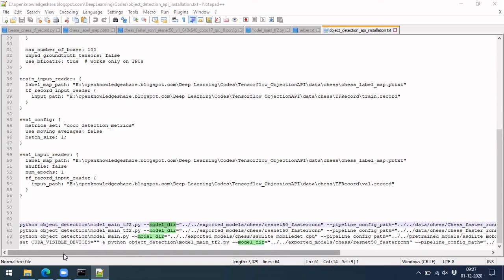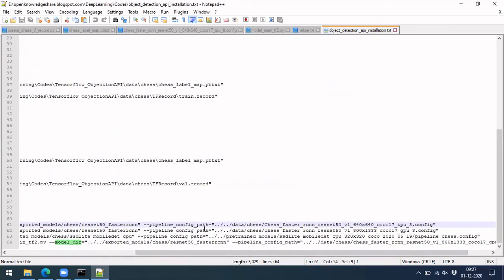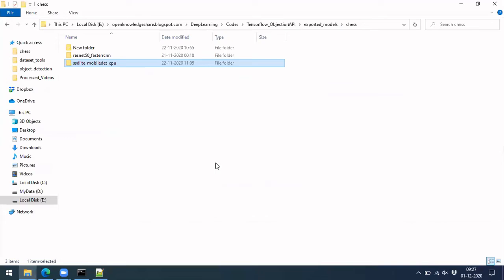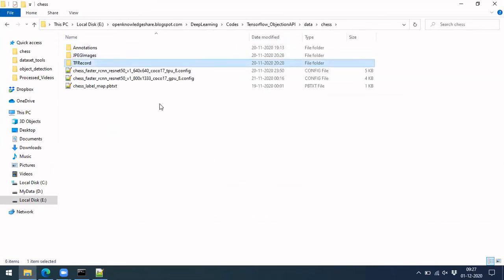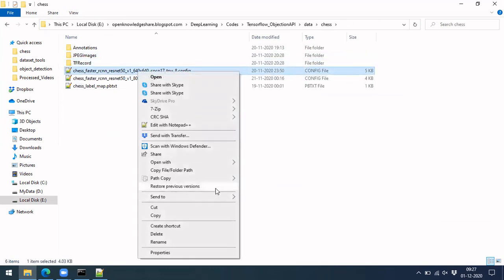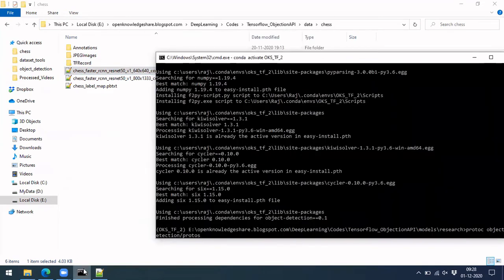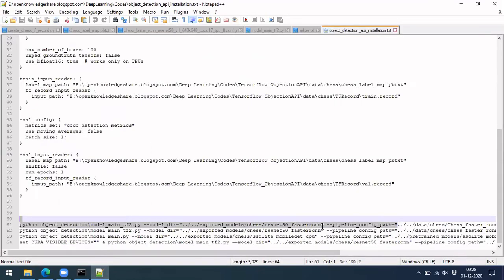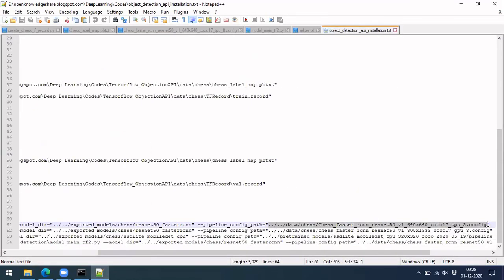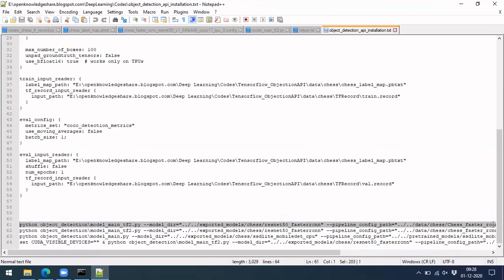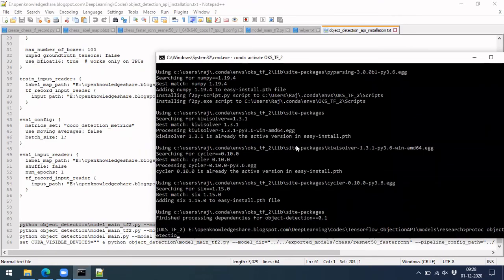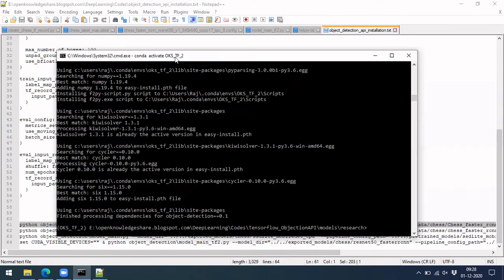And then the next part would be the pipeline config path. So the config path which you saved some time back, right? So this one which I have saved. This is the path where I made all the path setups, you can copy this path as well and then give it here. So you change it over here to that path, and now this entire thing you can copy and run from your research folder. So take it, go to the research folder.